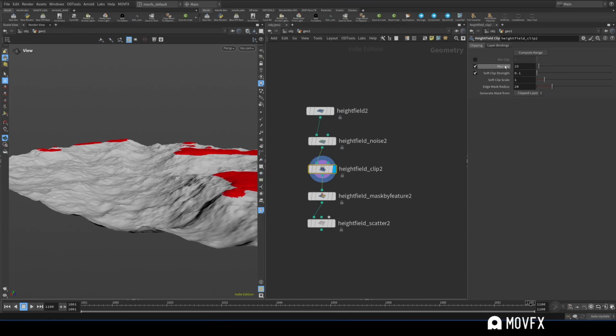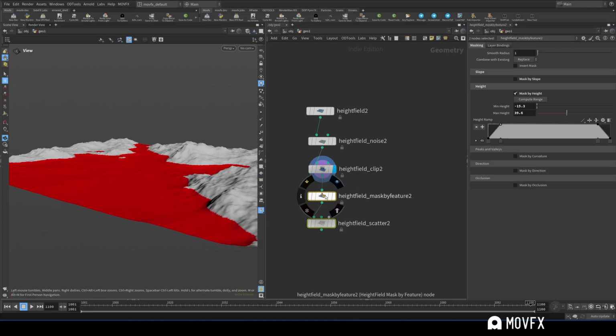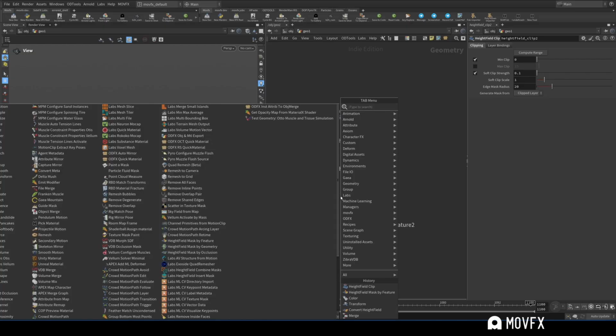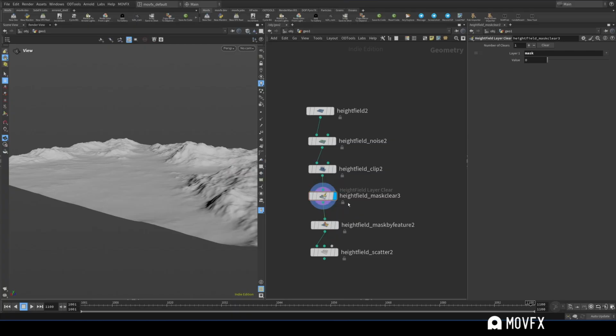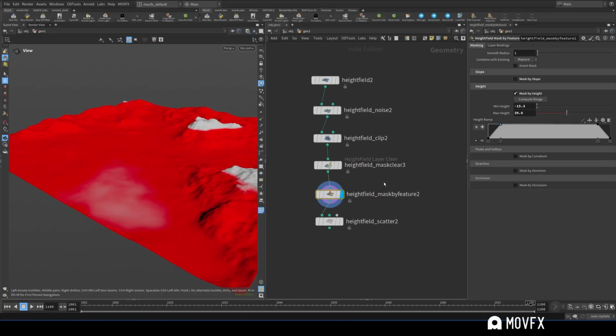Yeah. And here you can disable the max clip and enable the min clip so that it clips below this value. So here it is 0, so everything below 0 is clipped, and it creates a flat ground. And to get rid of this red visualization, you can use mask clear. That can clear your mask, and now you can create your new mask based on this HeightField mask by feature